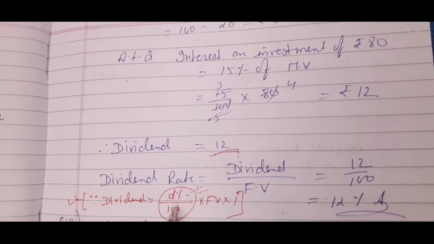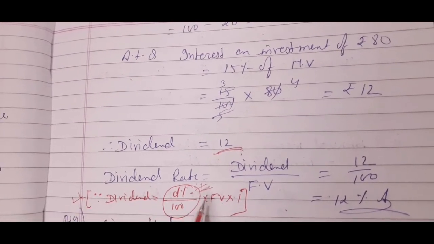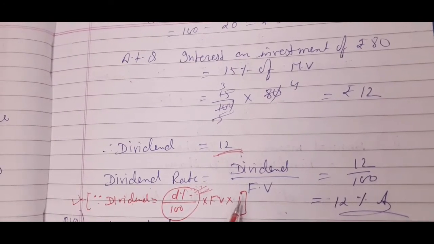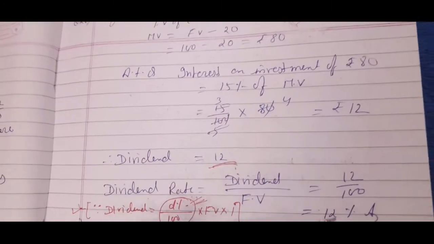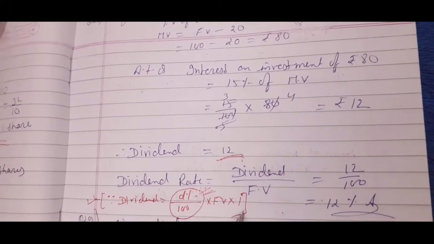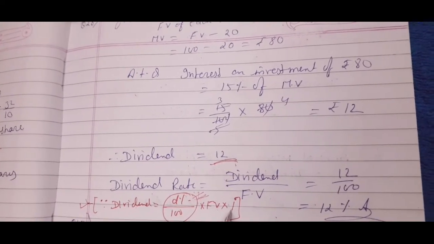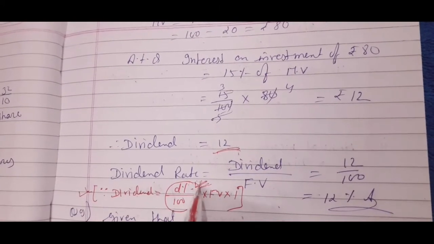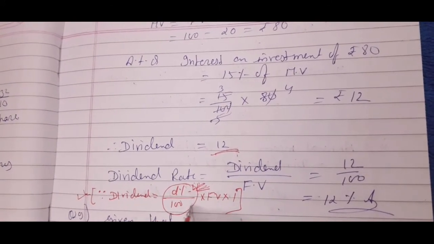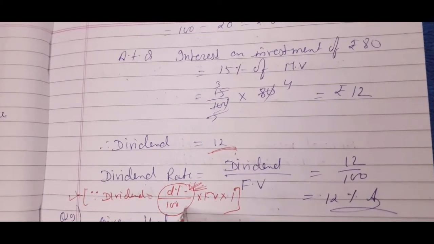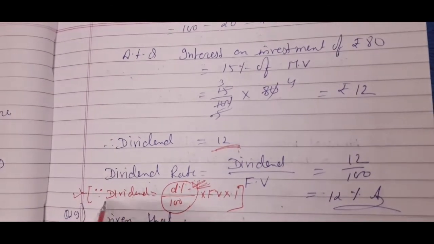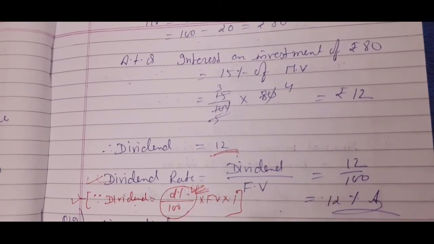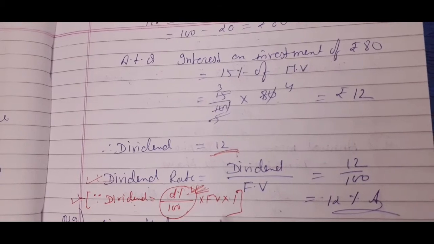If we are going to find dividend percent, then what will happen? 1 I have written for number of shares, because we are discussing one share. Throughout the question we have discussed one share, so I have written 1 in the place of number of shares. Now we find dividend rate with this formula. Dividend stays at its own place, and face value will divide dividend. So naturally you will reach the same line, and again you will get 12% with the help of the share and dividend formula.